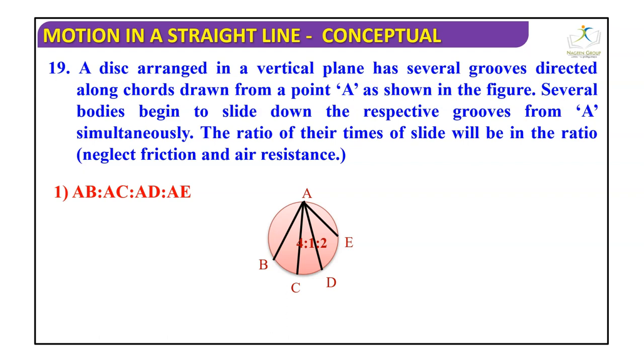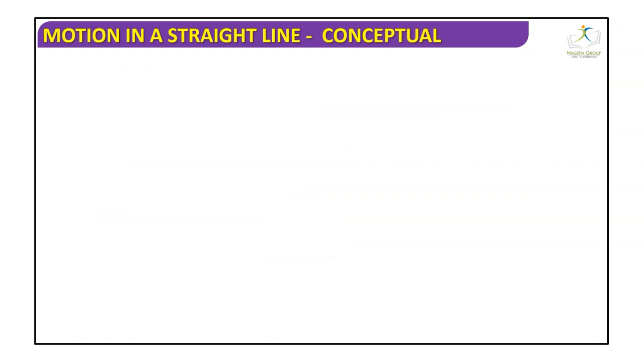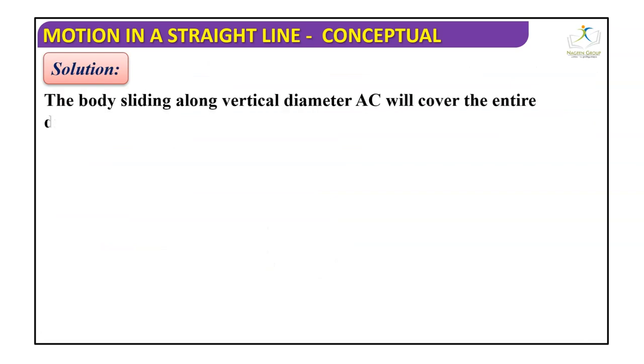The ratio of their times of slide will be, neglecting friction and air resistance: AB : AC : AD : AE; second, 1:1:1; third, AE : AD : AC : AB; and the fourth one is 1:2:3:4. If we move with the solution part, the body sliding along the vertical diameter AC covers the